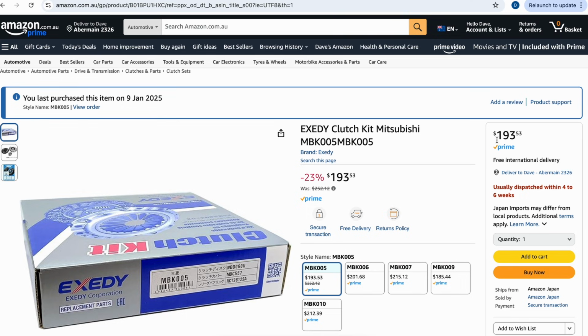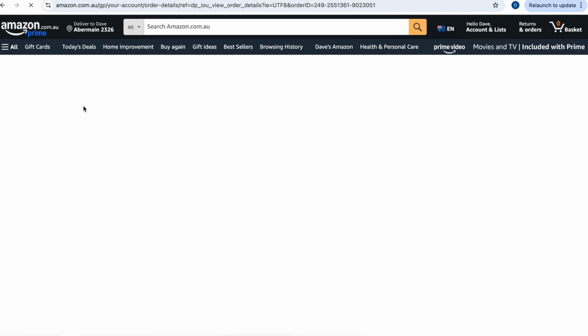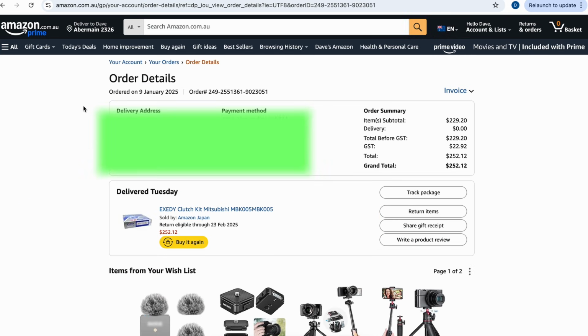This $193 is today's price as I'm doing this video, but I actually ordered this part on the 9th of January. I'll just click on this, and it gives you the breakdown of the costs. I'll blur out my address and card details so you can't see them. On the right-hand side, you can see a listing of what the cost of the parts were, and you can see that the item was